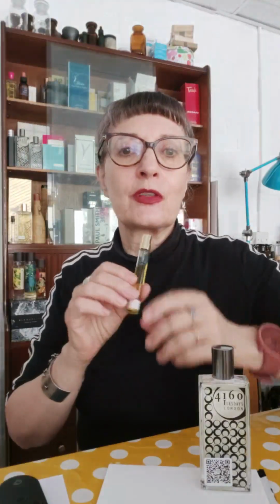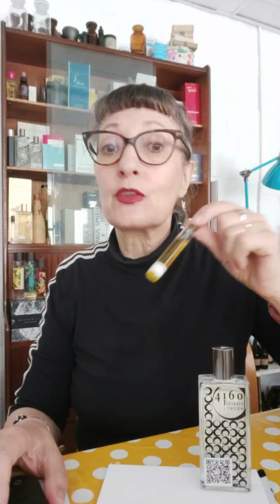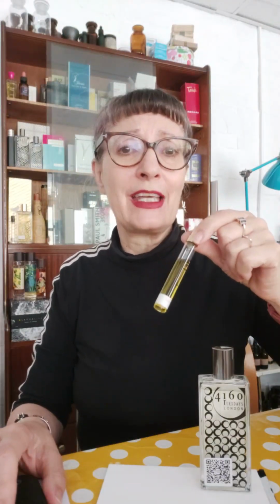I made my first Shakespeare flowers perfume in 2013. Goodness me, over 10 years ago. How time flies. So that one's called Ealing Green, and it was made for an event on Midsummer Night, a fundraising event, and it had a lot of the flowers mentioned in Midsummer Night's Dream. This one, Sonnet No. 1, is flowers mentioned all over in Shakespeare, plus hay, absolute,